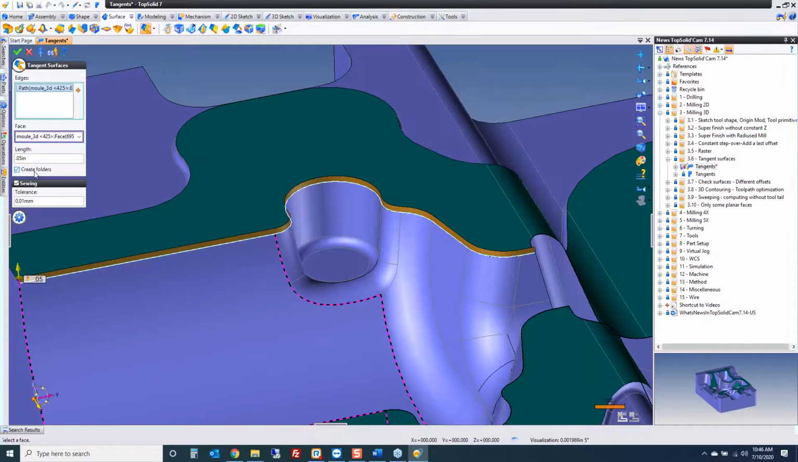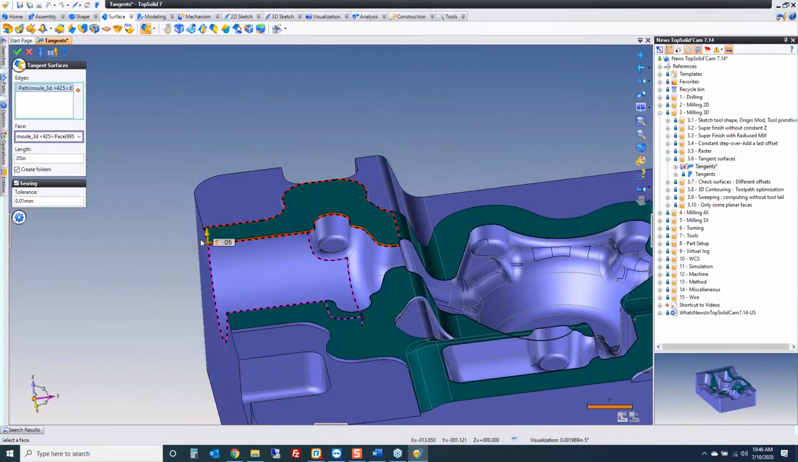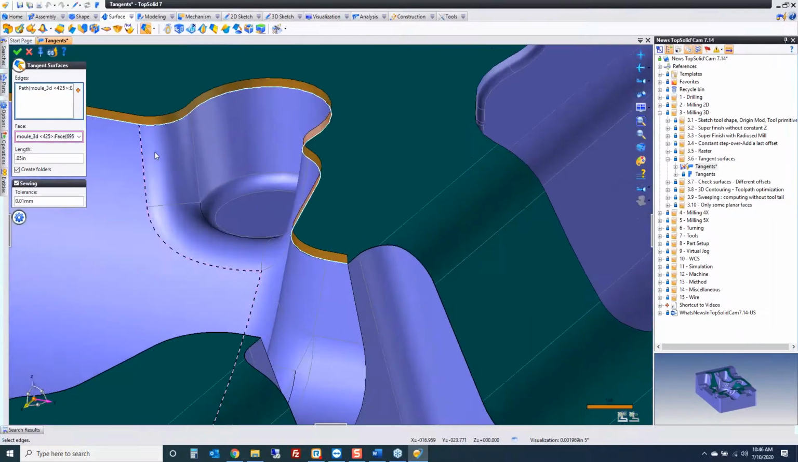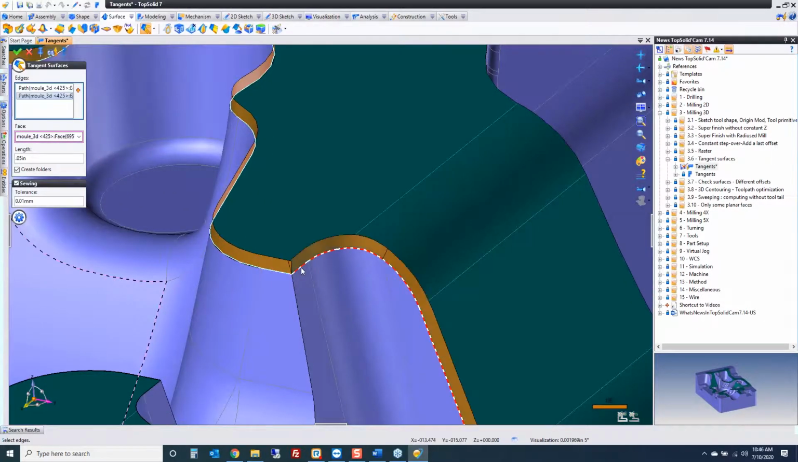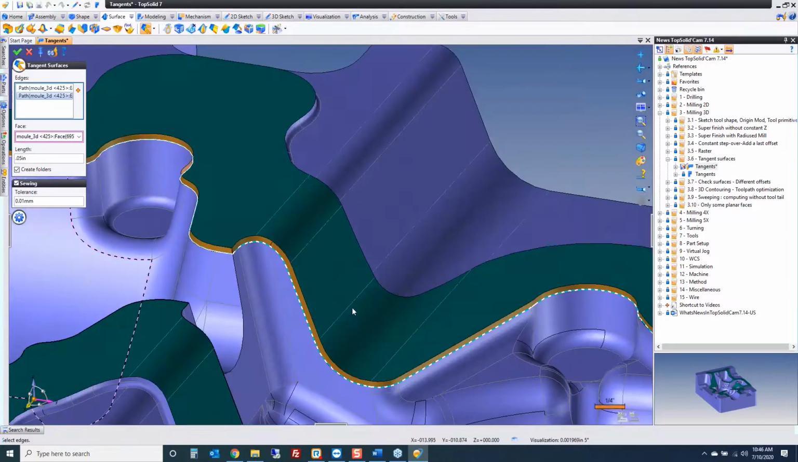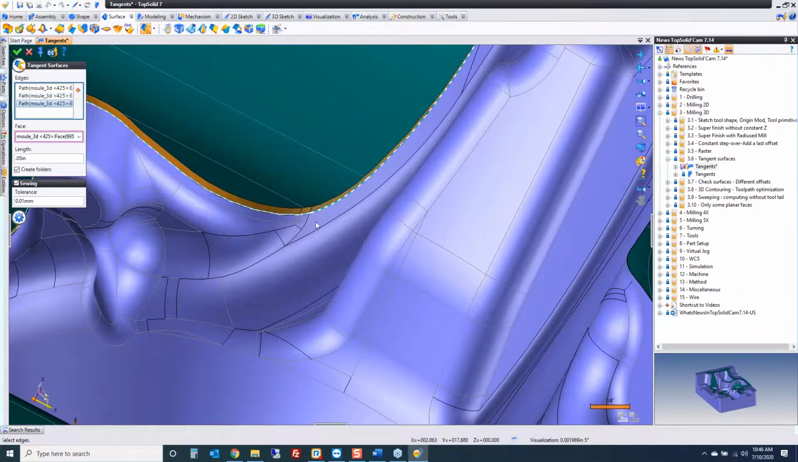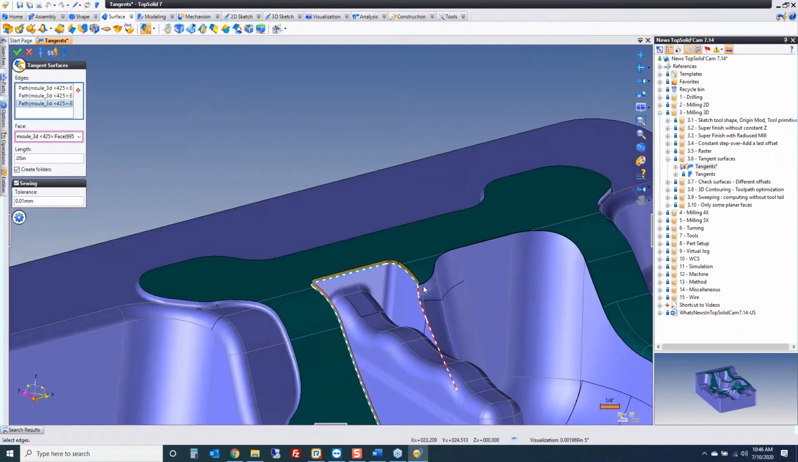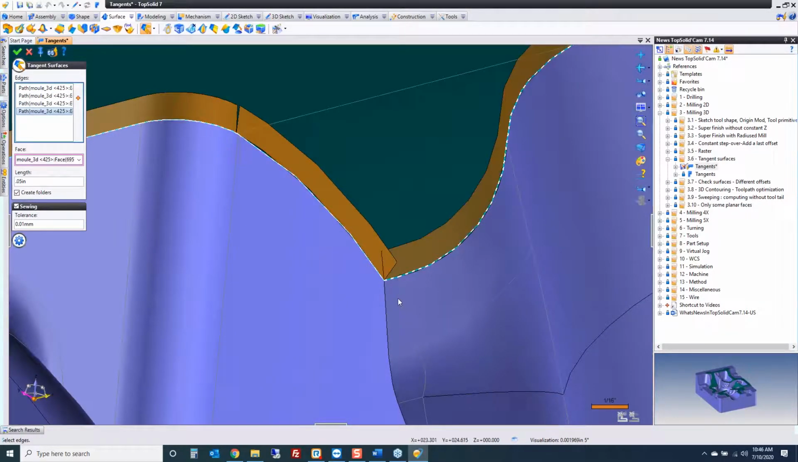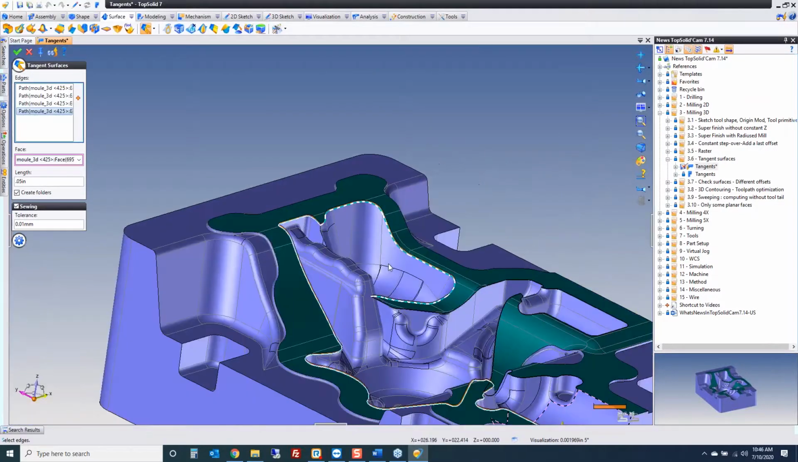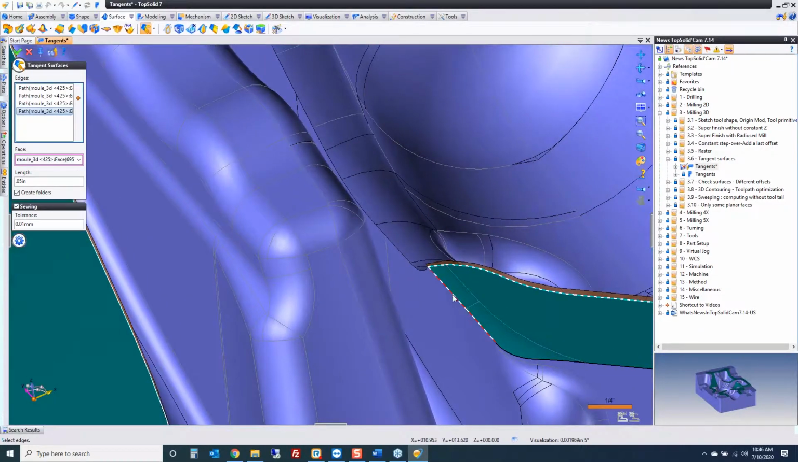With create folder selected, it's going to create a folder to put these in. Now, what's really cool is we can just keep going around the model, selecting edges, and it's automatically going to select the right faces to be tangent to. Now, in some cases, you're going to get overlaps, and I'll show you how to deal with that here in a sec. So I'm going to go to here, there,